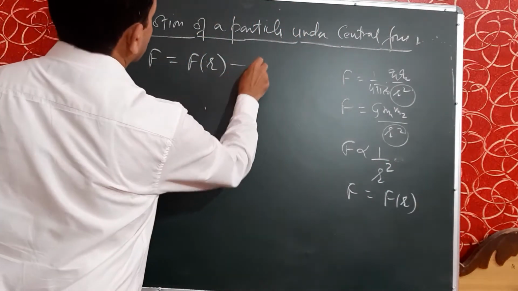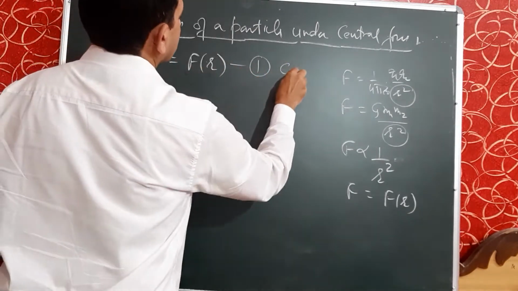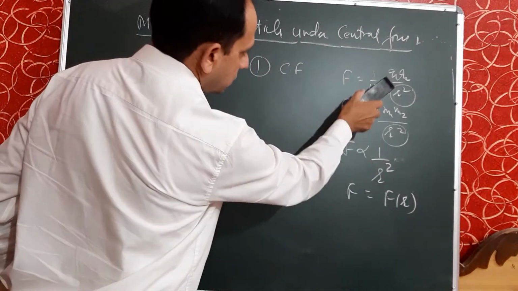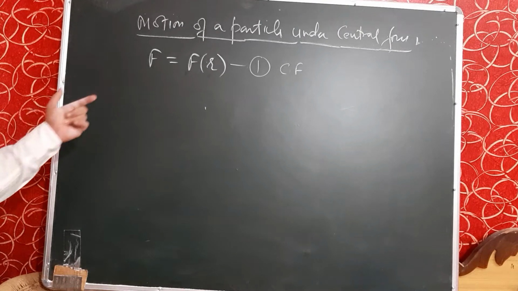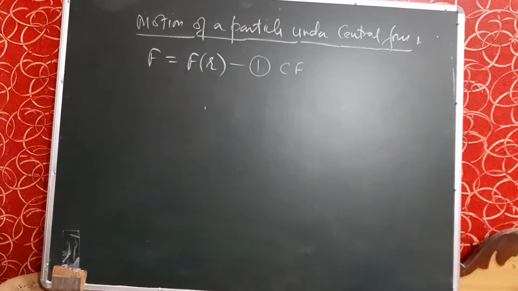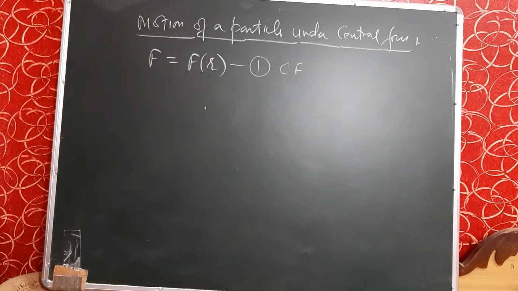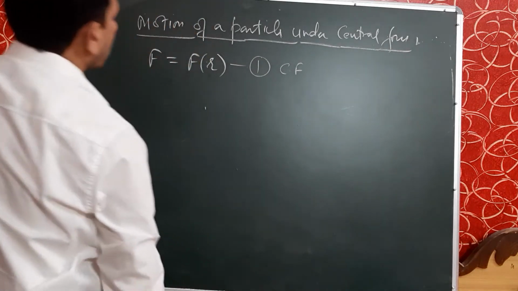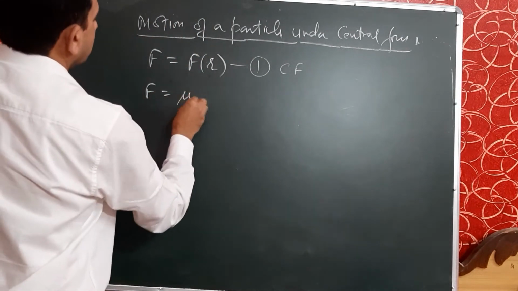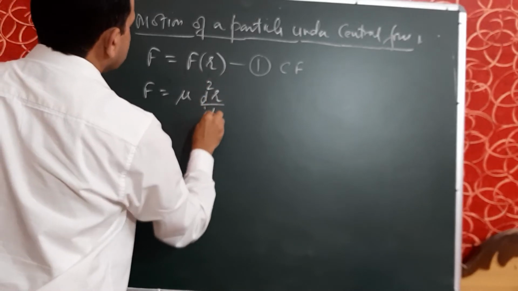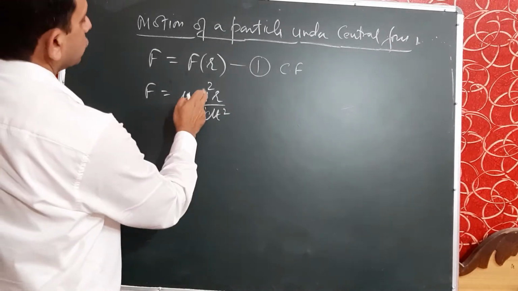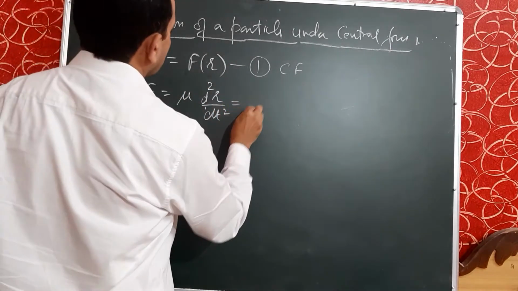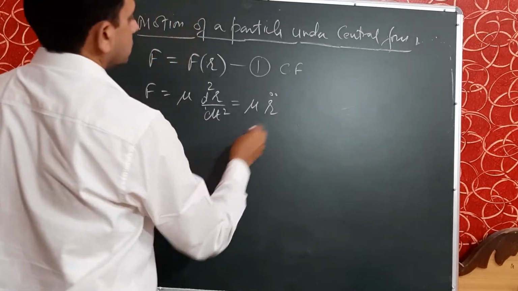So I have written this force, that is equation number 1, that is, force is central force, because we have already studied the central force, the first equation. And also we will use the formula of two body problem into one body problem, because we will consider the two body problem or n body problem into one body problem. So that is F is equal to mu into d square R upon dt square, that is F is equal to ma. This m is reduced mass mu, and d square R upon dt square is acceleration. So it may be written as mu R double dot. So this is second equation.